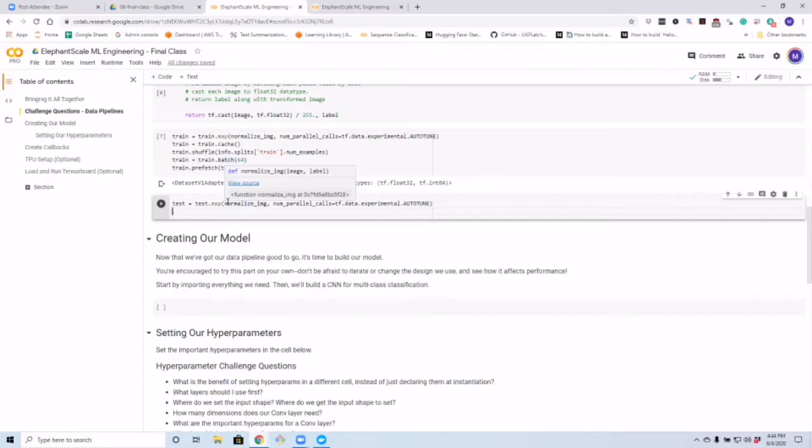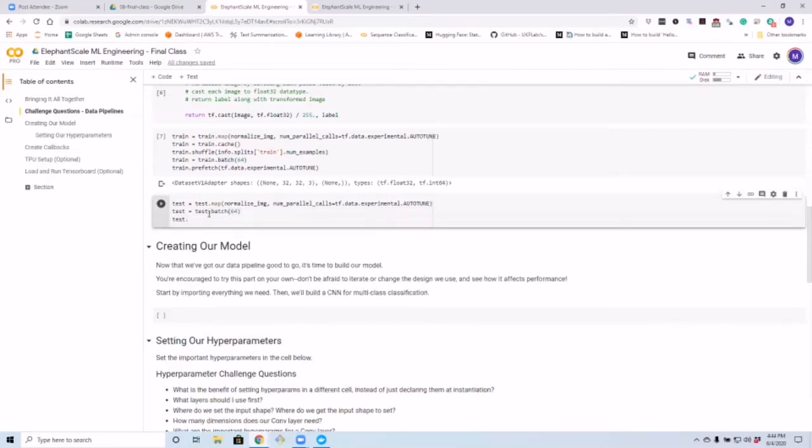So what we're going to do here is, instead of caching and then batching, we're going to batch and then cache. That way, when we get our cached testing data back, it's already in the same batches and in the same order every time. So I'm going to say test equals test.batch, and I'm going to do this to 64. And then I'm going to say test equals